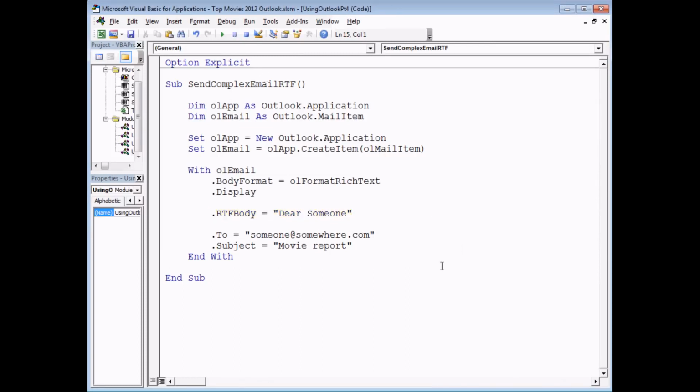Now the reason this fails is because the Rtf body property doesn't contain a string of text. What it actually contains is an array of bytes. I'm going to come back to that idea in just a moment. What we're going to do first though, rather than try to set that property, we're going to try to just